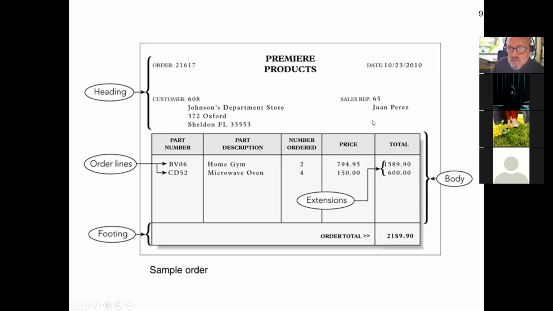We also have the details of the sales rep. All right. And then we have the details of what the customer has ordered. Now, the customer has ordered more than one thing. So that's all very interesting. The order has a lot of information in it, and that information has been drawn from multiple entities or categories. We got information from the customer, which we understood is a separate entity or category, information from the sales rep, which is a separate entity, or category, they call them, and information about the item that's being sold, which we call the part. All right,